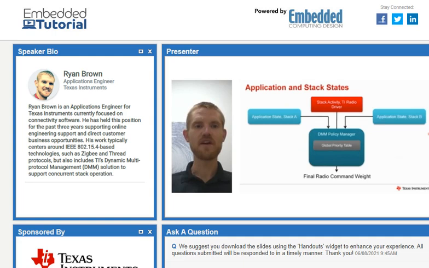So let's put this all together. In the end, you have the two application stacks, application stack A and stack B. And you also have stack activity from the TI radio driver. This is all being fed into the DMM policy manager, which has inside of it a global priority table and a policy table. And based on the weights that are generated from all this information and the stack states and application states that the DMM module has available to it, it will be creating a final radio command weight, which it is able to then schedule for the radio driver to send communications over the air.